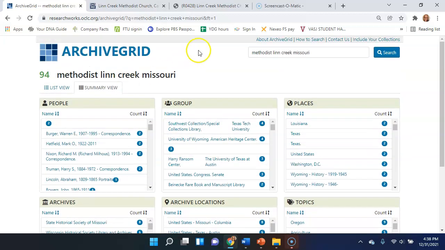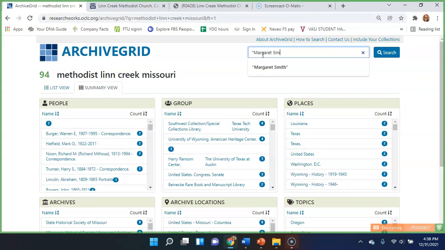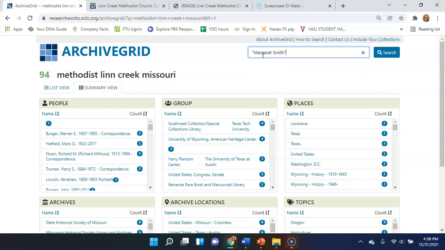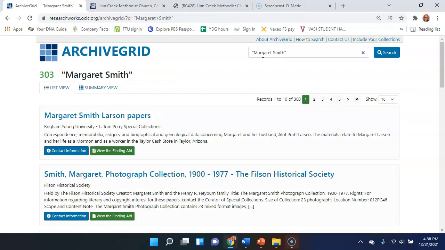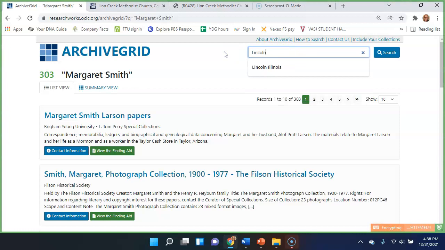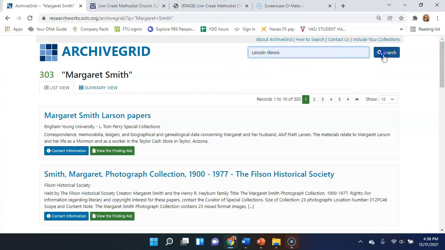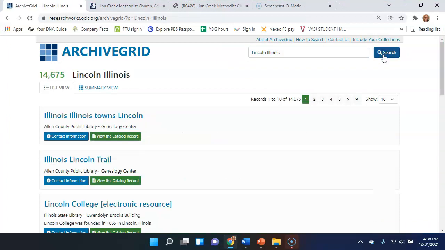A couple last tips about using the search box. You can put quotes around an exact phrase you want to search for, and then your search results will only be limited to that exact phrase. But let's say that you were looking for a place called Lincoln, Illinois, but you realized quickly that a lot of the search results pertained to President Abraham Lincoln, who for a time lived in Illinois.